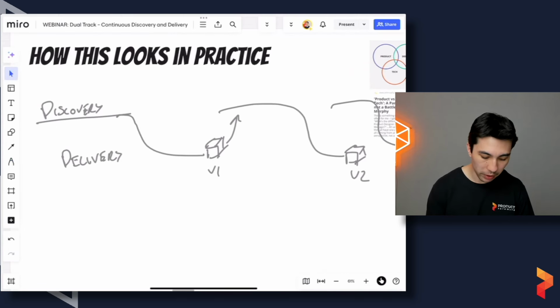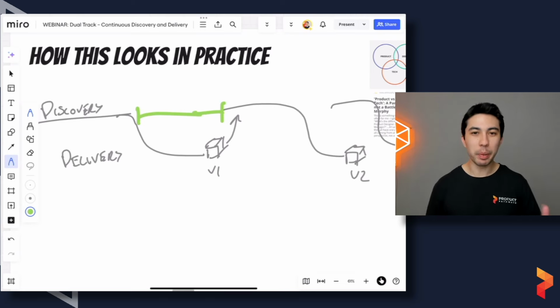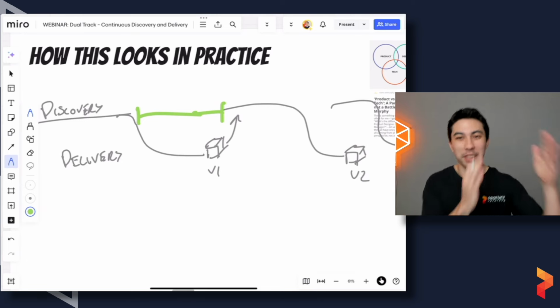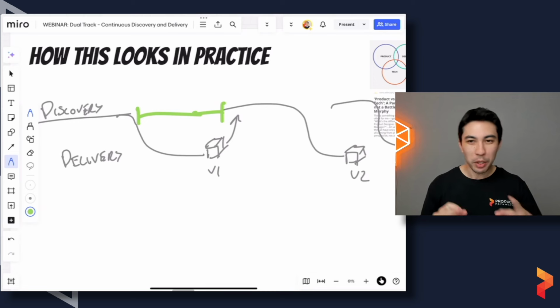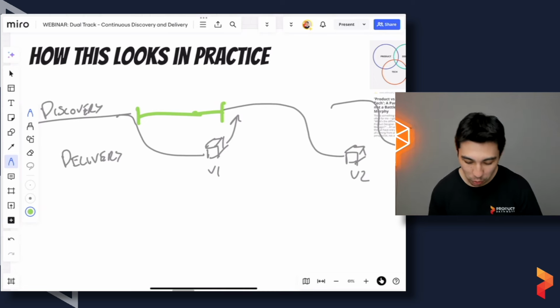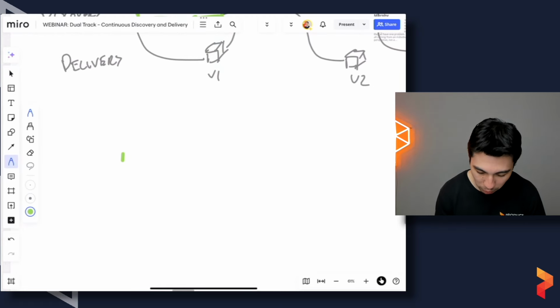Now, one thing that is happening here is you'll notice that there's still like a gap. This is still a little bit more step stage, right? We still got like discovery, delivery, discovery, delivery, discovery, delivery. The reality is we can close this gap, because there's no reason why, and I'll draw it below so it looks a little better. There's no reason why